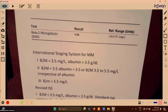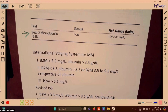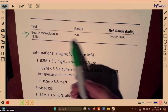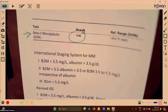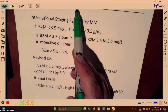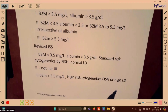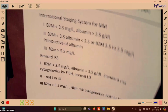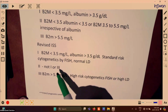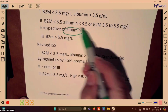The next test is something called serum beta-2 microglobulin. And this is basically something that's secreted by Bob, and we can measure that, and it's part of our staging criteria in terms of myeloma, how much of this is being secreted. This is taken right off your Myeloma Canada website, and your international staging criteria. If there is, how much Bob is there circulating, how much albumin is there,